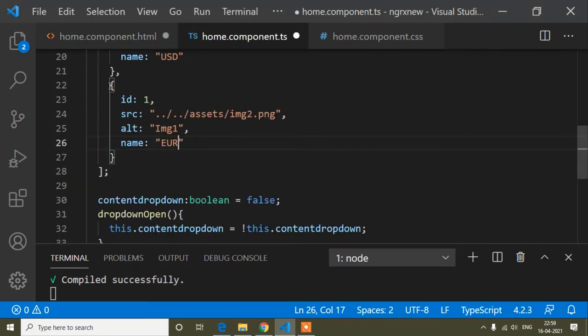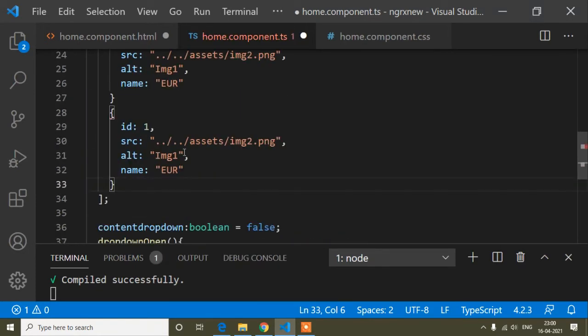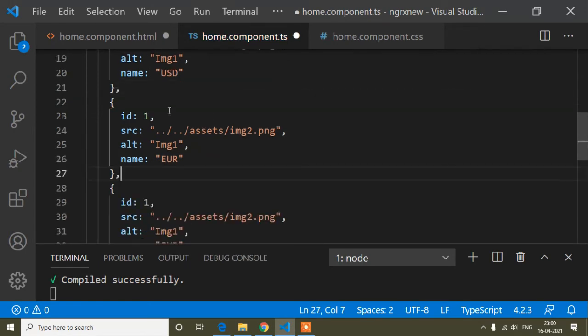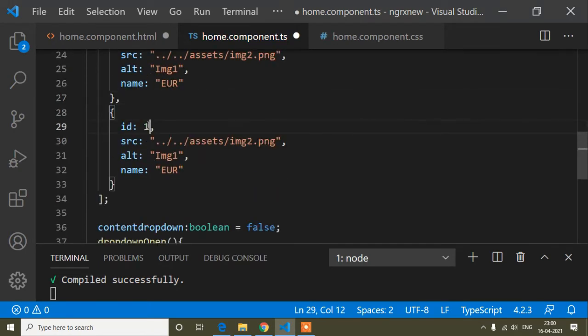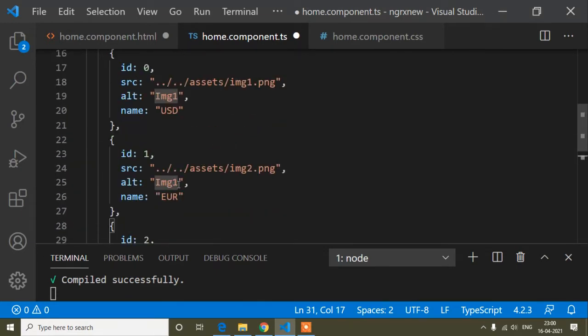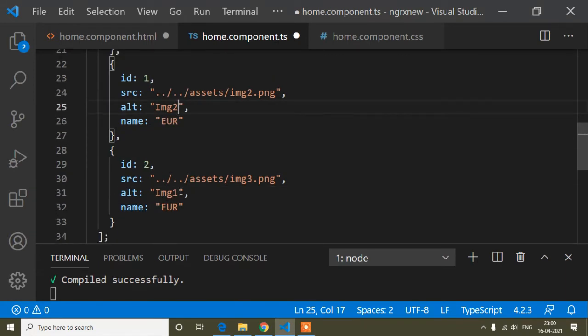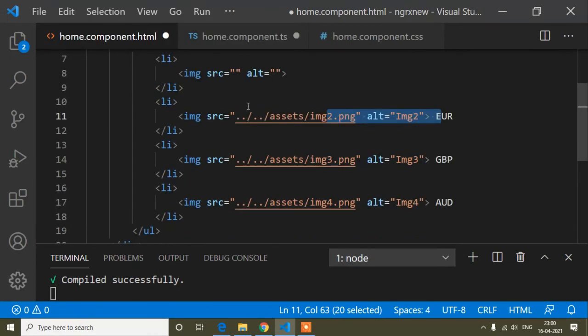In the same way I will create two more array objects. Here I will add a comma, and the ID here is 1, so here it will be 2, and the image is 3, and here, okay, I forgot to change the alter tag. Here the alter tag will be 2 and here the alter tag will be 3, and the name, third number, is GBP.